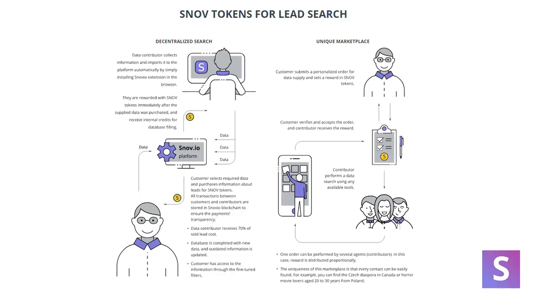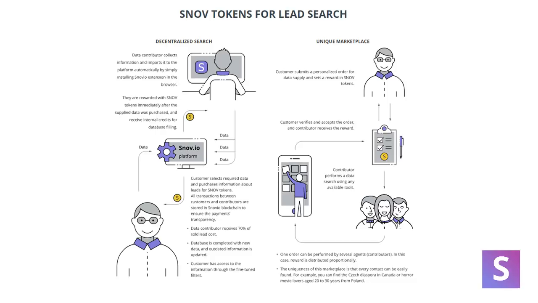In the marketplace, the customer submits a personalized order for data supply and then can set a reward in Snov tokens. The contributor can perform a data search using any of the available tools, and the customer can verify and accept the order and reward the contributor with a Snov token. So, very interesting concept. You can actually set people to go out and actively find you a bunch of leads for your business, which I think is a fantastic use case and probably the most important part of the platform